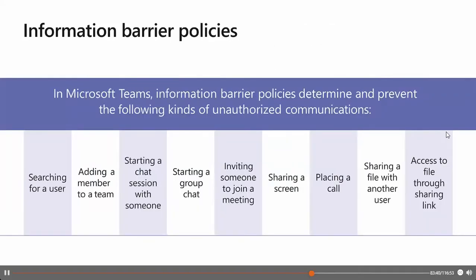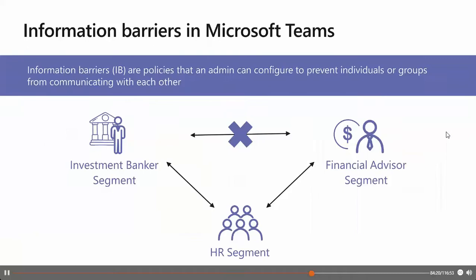If the people involved are included in an information barrier policy to prevent the activity, they will not be able to proceed. In addition, everyone included in an information barrier policy can potentially be blocked from communicating with others in Microsoft Teams. When people affected by an information barrier policy are part of the same team or group chat, they might be removed from those chat sessions, and further communication with the group might not be allowed, for example. So there are different things here, like searching for users, adding a team member, starting a chat session, and so on, as you can see here on the slide deck.